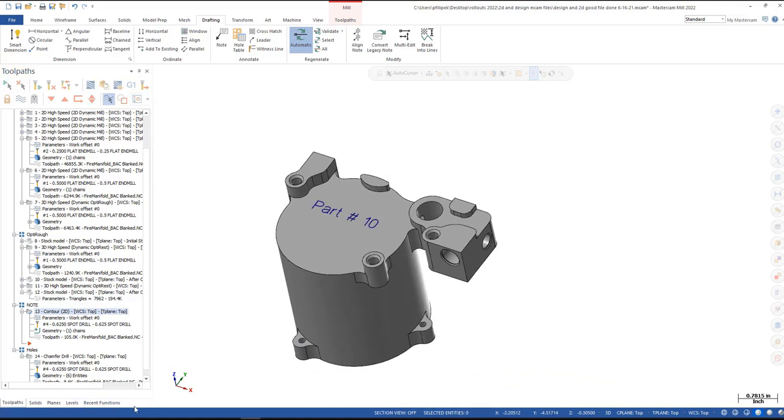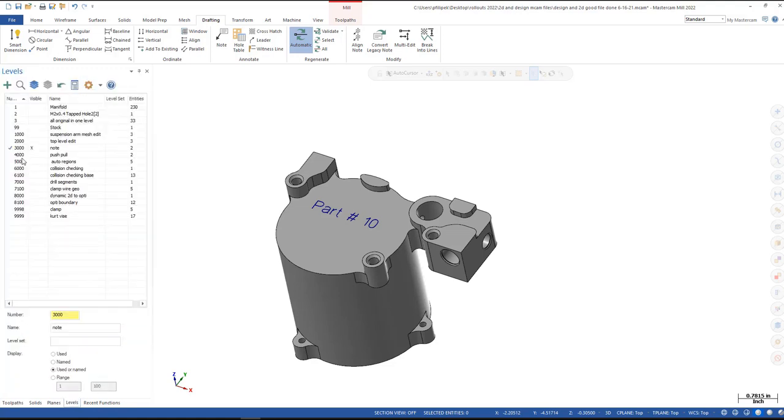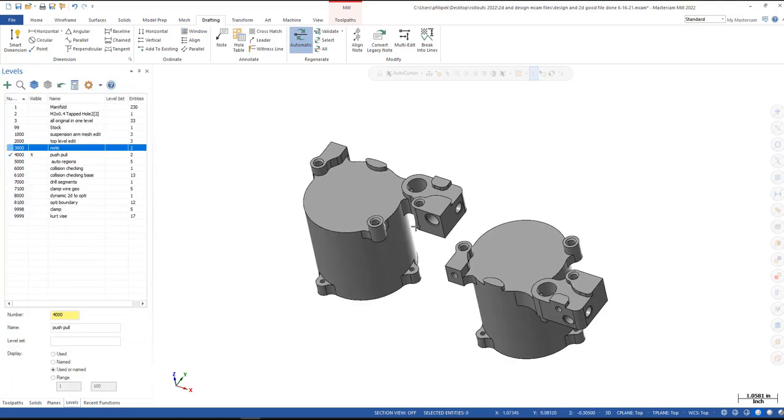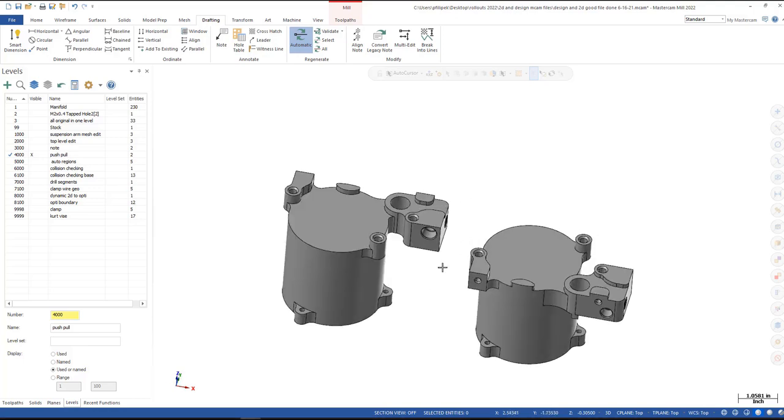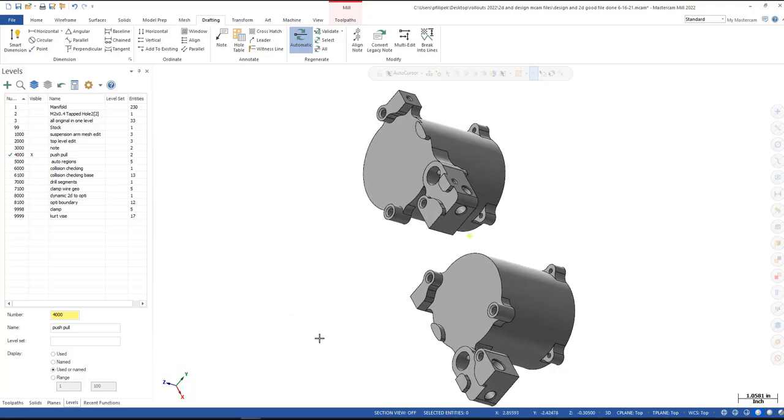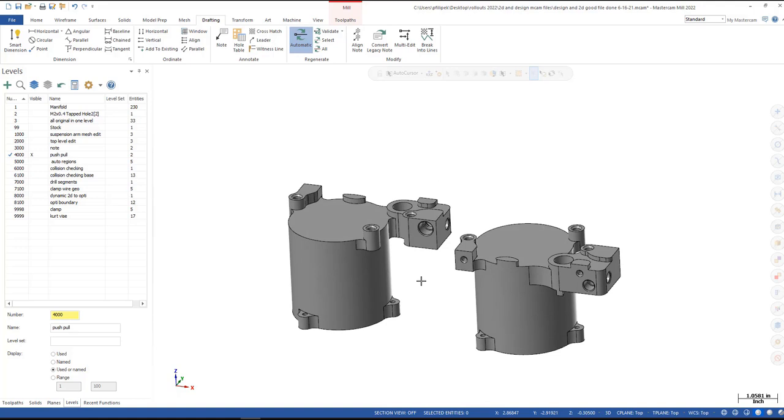And next we'll look at push-pull. Push-pull, been around in Mastercam for a long time now. One of the limitations to push-pull was you could only push-pull on one solid body at a time. Now on this screen here I have 2 solid bodies, so that always became kind of a trick. You know, I had to go and do this op, and I had to do the same thing over here to this one. So instead of doing that, we can now in 2022 we can push-pull multiple faces on separated